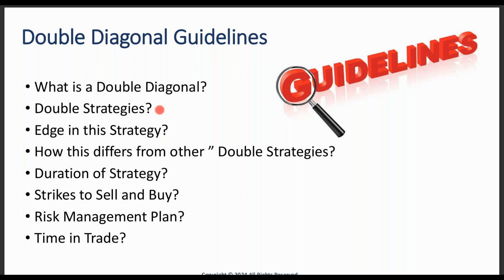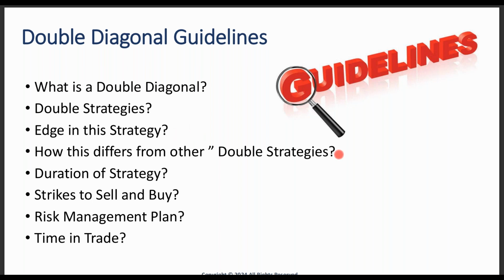Edge in this strategy, remember, is to stay in the strategy about 30% of the duration. Don't bring it to expiration. That's where I think the edge is in two things. Stay in the trade 30% of duration, but the other thing is be disciplined, keep your losers not too far from your winners, like I mentioned. And I didn't get a chance to get into adjustments today, but that could be another day.